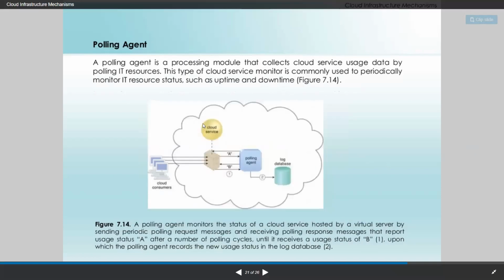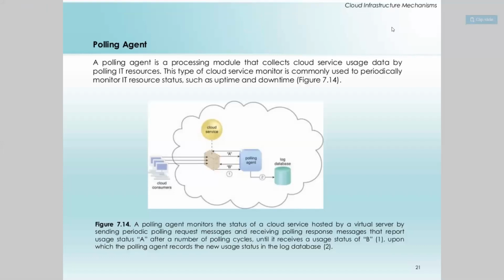So before next, we are moving to the polling agent, which is the third agent. So the third one is your polling agent. Basically, when you talk about what polling means, the word polling simply refers to sending some polling messages to check whether your network is alive or not. The same applies here.